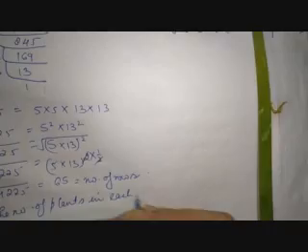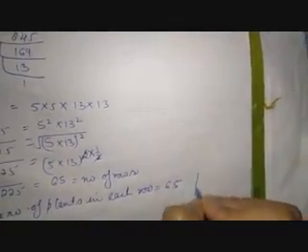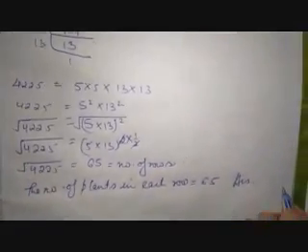And I told you the number of rows is equal to the square root of 4225. So root 4225 is equal to 65, which is equal to the number of rows. And here I have written the number of rows is equal to the number of plants in each row. The number of plants in each row will also be 65. So here is your answer.